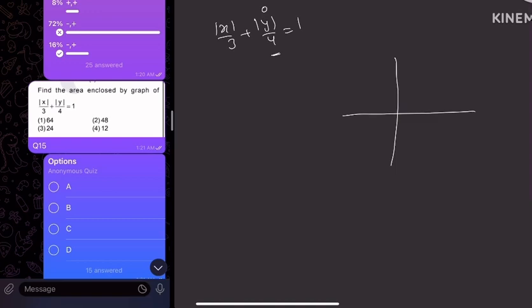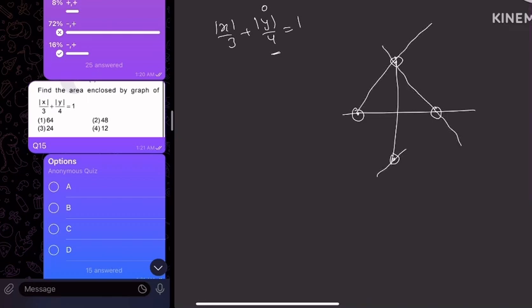So when we put y equal to 0, x becomes plus minus 3. So plus 3 and minus 3 both will satisfy. These are the values. Now when x becomes 0, plus 4 and minus 4 both will satisfy. So this is the sort of graph which will be made. Now calculate the area. We know this is 3, this is 4. So area will be 4 times this triangle's area, so 4 times half of 3 into 4, so 4 times 6, 24. So looks like 24 is the answer. That's correct.